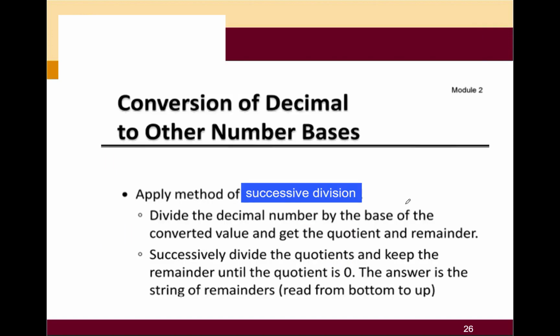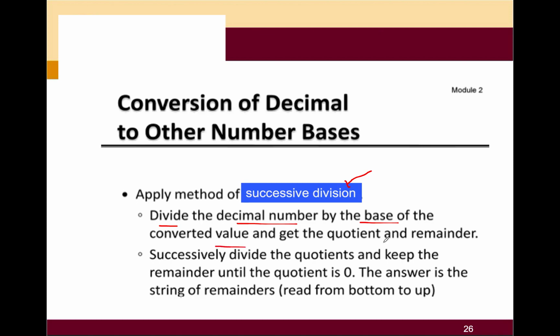So now the first of all the methods that you're going to learn is the conversion of decimals to other number bases. How are you going to convert it? The first method is using successive division. What is the scenario in which you can apply this method to convert? First, you need to divide the decimal number by the base of the converted value and get the quotients